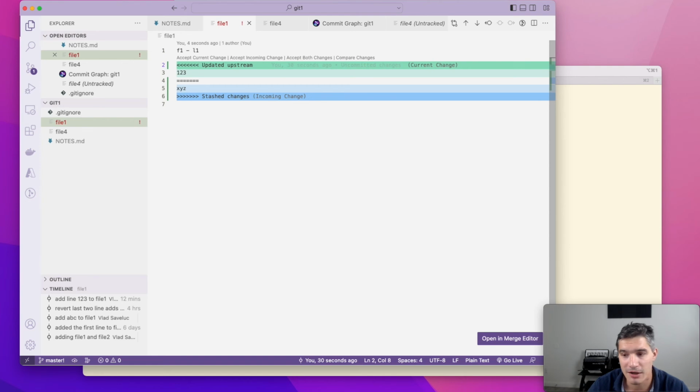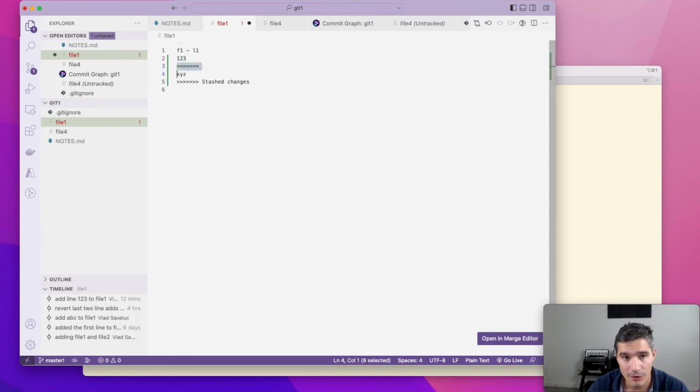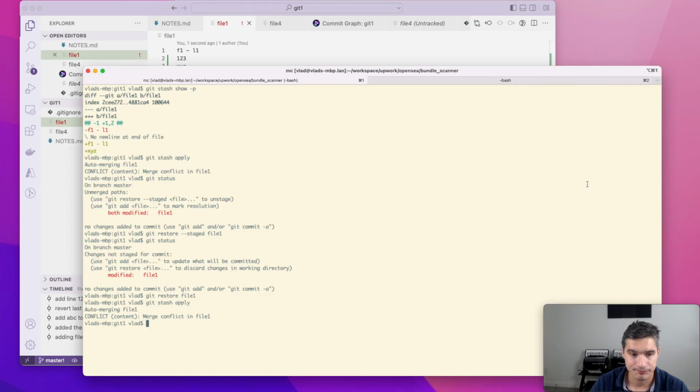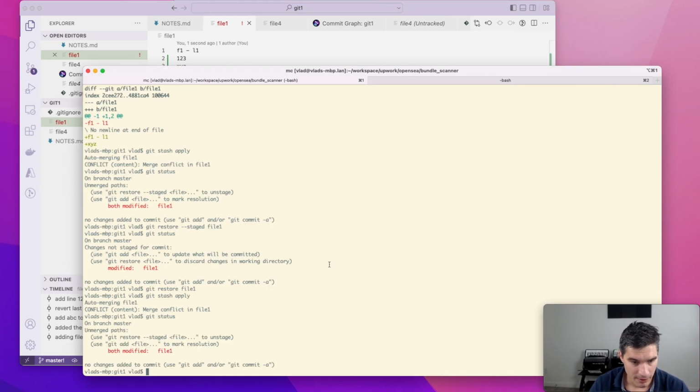So let's say we want to keep both. We just need to delete that updated upstream line. We delete that line with many equals, and we delete the stage changes line. So now we just save this file in here. And if we do a git status, we can